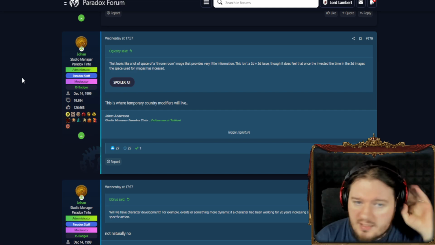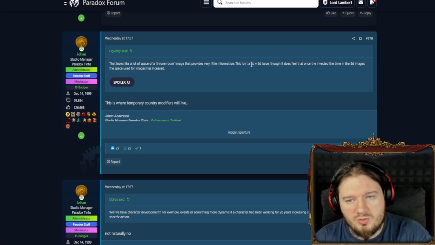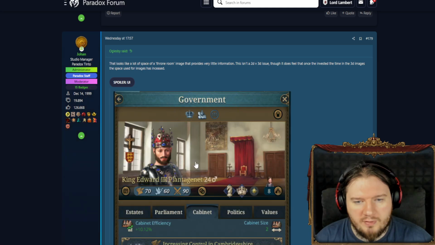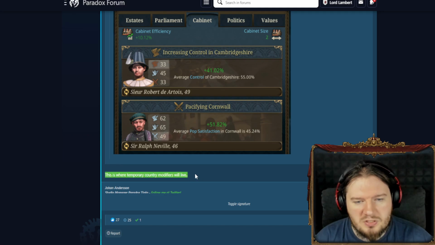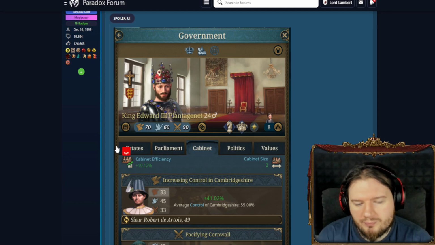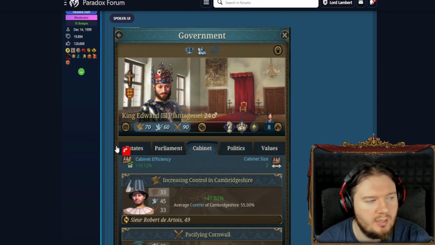Looks like a lot of space for a throne room image that provides very little information. This isn't a 2D versus 3D issue, though it does feel like once invested the time, the 3D images, space used for images has increased. So basically showing off this thingamabob again. There's a lot of empty space here. This is where temporary country modifiers will live. I don't know about that one. That seems... just looking at your average EU4 game, maybe we're not going to get the same amount of...